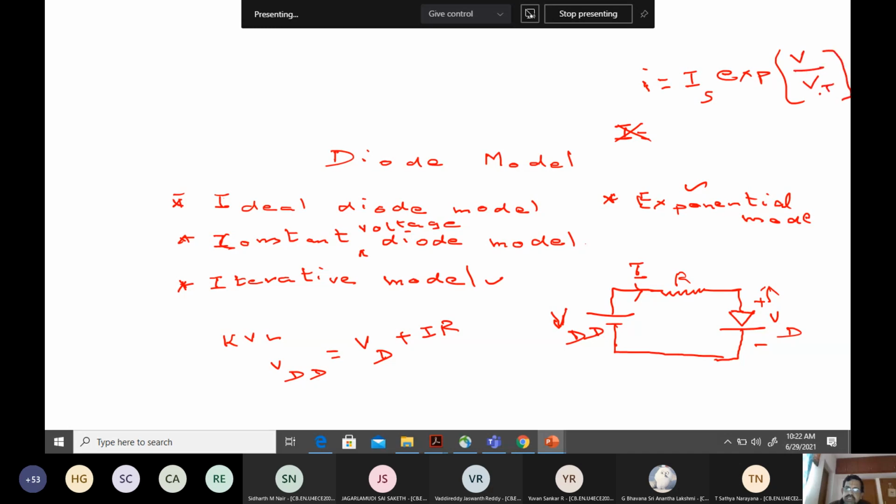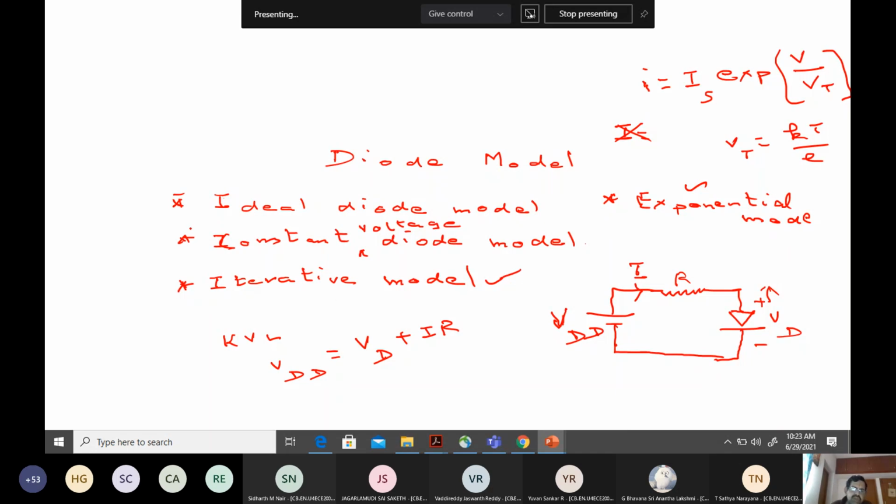I will use the small letter i to indicate that it is varying. Here v is the applied voltage, Vt is the thermal voltage, given by kT by q. Is is the saturation current, i is the current that flows through the diode, and v is the forward bias voltage. So using these two equations, we can actually use the